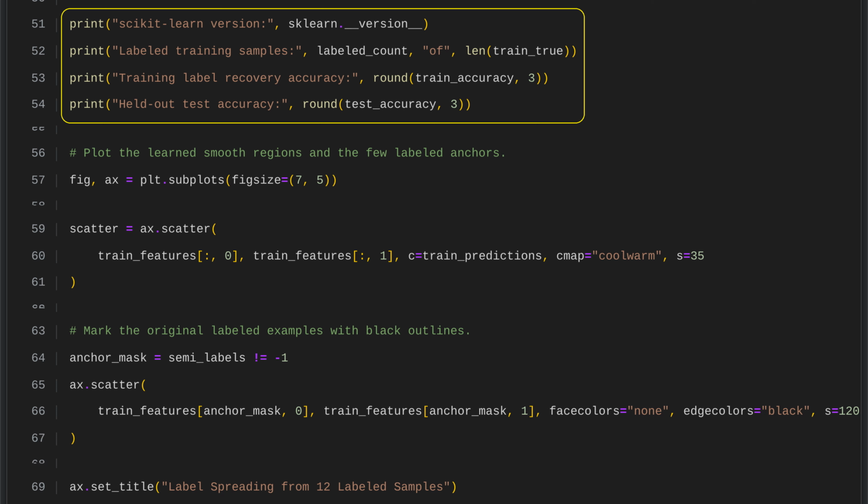The output reports key checks and results for the label spreading experiment. It shows the Scikit-Learn version for reproducibility, the number of initially labeled training samples, the accuracy of recovered training labels, and the held-out test accuracy. Together, these values indicate how well the model learned from limited labeled data, and how well it generalizes to unseen